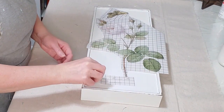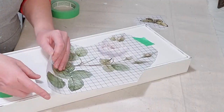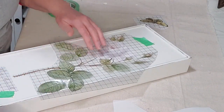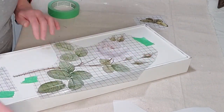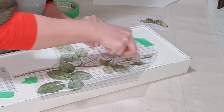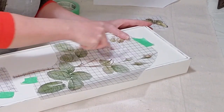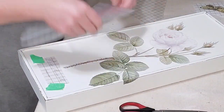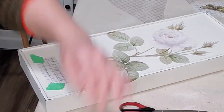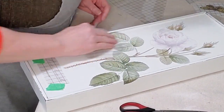And then underneath this rose in that package there was some writing. It's some French words for rose, I believe. So right here, I'm just taking out the paper that's underneath the transfer. So make sure, guys, that you know where you want to place your transfer before pulling that paper out, because once it sticks, you're committed. So I've finished burnishing it down with the plastic stick that comes in the package, and right